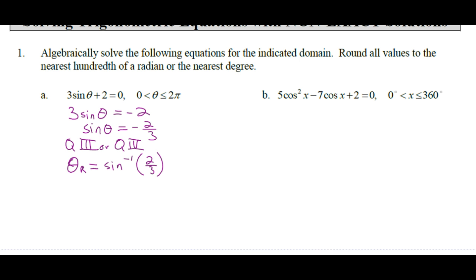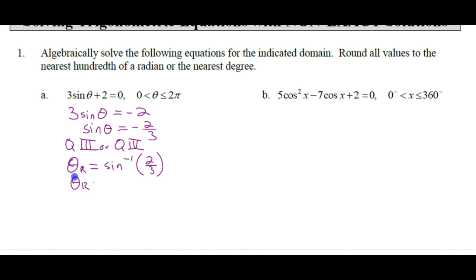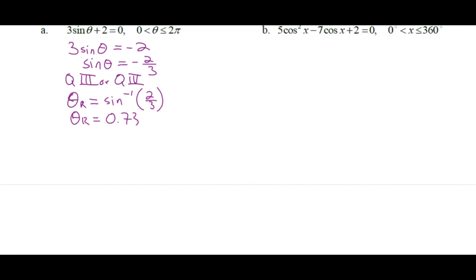Okay, so got to be in radians, right? And so mode's going to be flipping back and forth a lot. So sine inverse of 2/3 is 0.73, rounded to 0.73. So theta reference is 0.73, and we need that angle in quadrant 3 and in quadrant 4. So my two angles are pi plus 0.73,